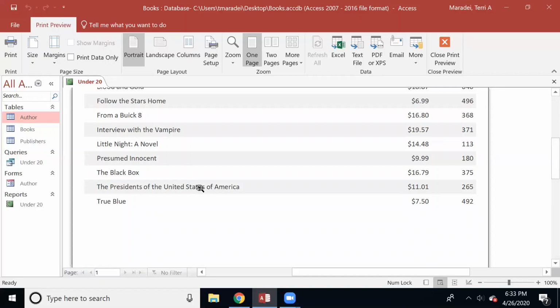If I were to go into a table and add more records to it, maybe add more clients or more books or more publishers in this case, and then rerun the report, it will pull up anything that has been added since the last time I ran it. So this is a work in progress, your Access database. You are constantly adding